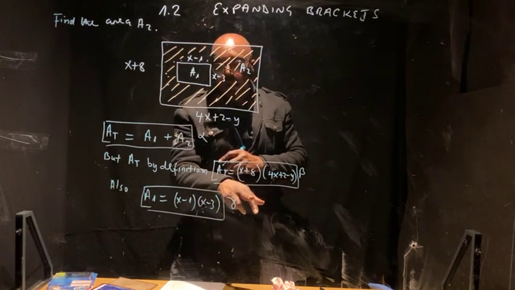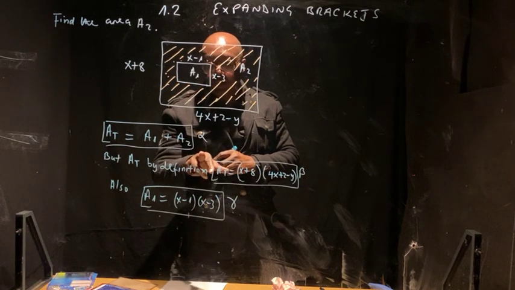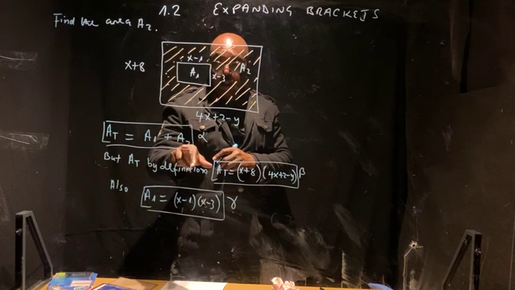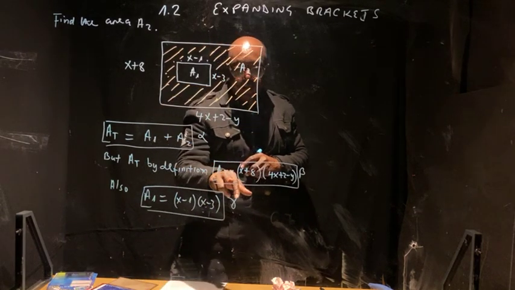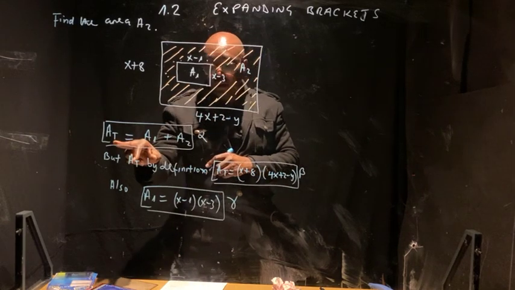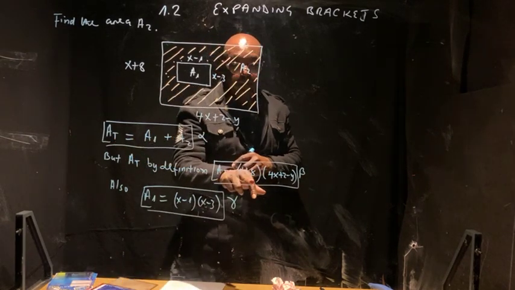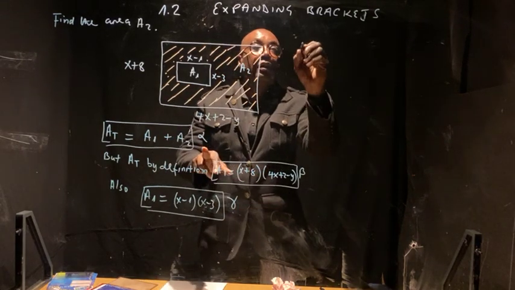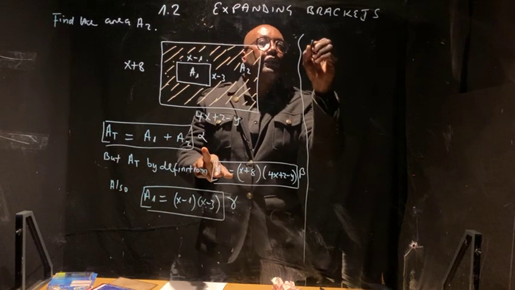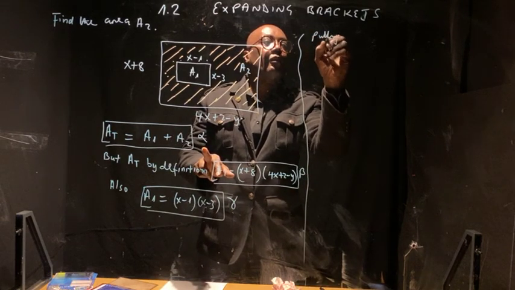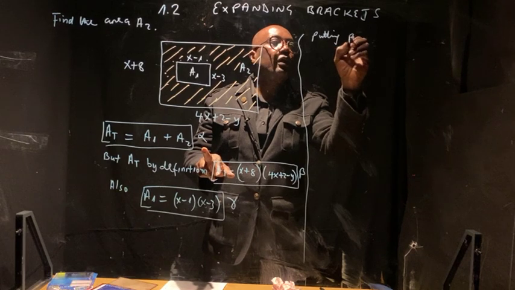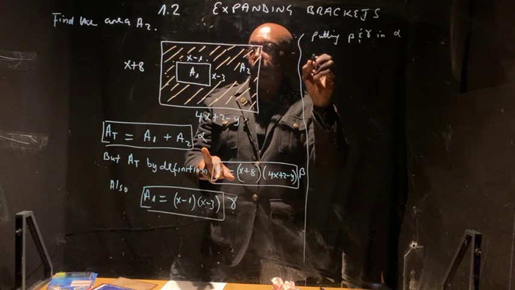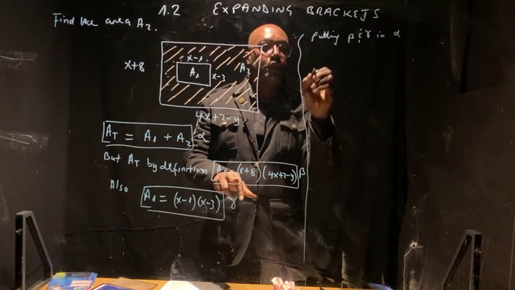Putting beta and gamma into equation alpha, you see A1 is equal to this. A2 we don't know. AT is this one. So putting equation beta and gamma back into equation alpha, you have AT, which is